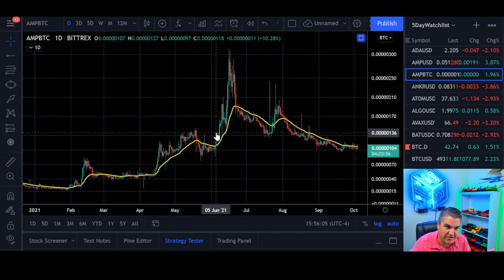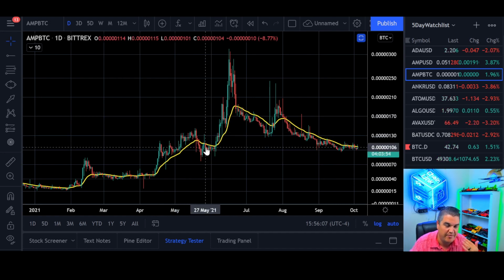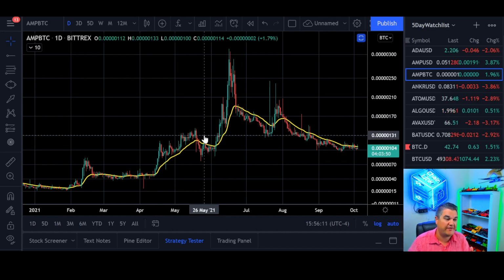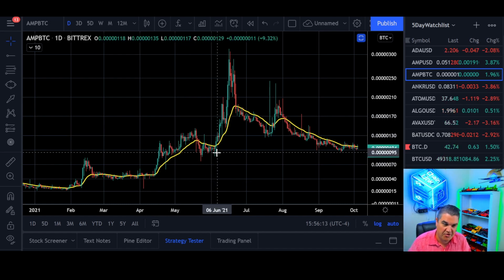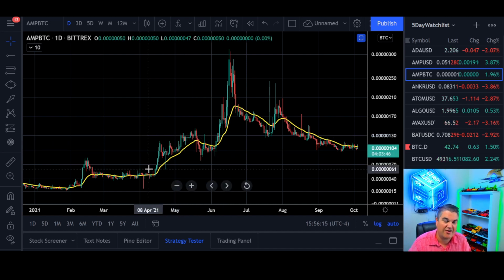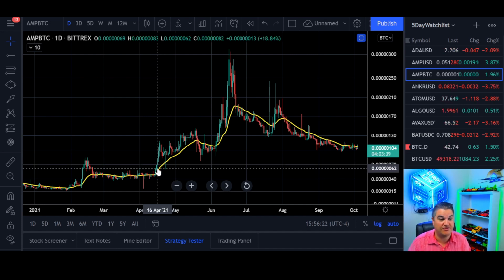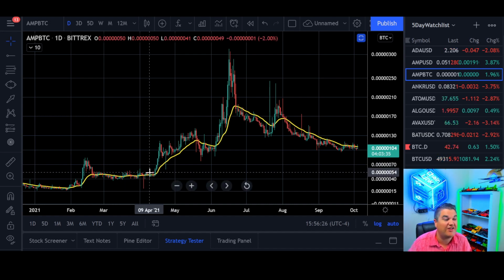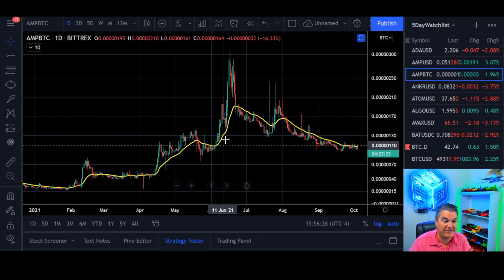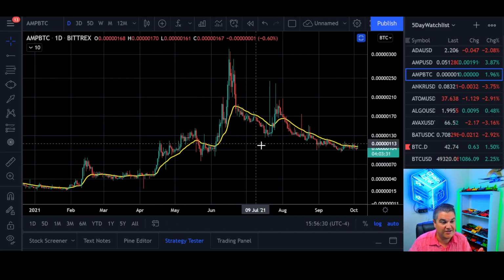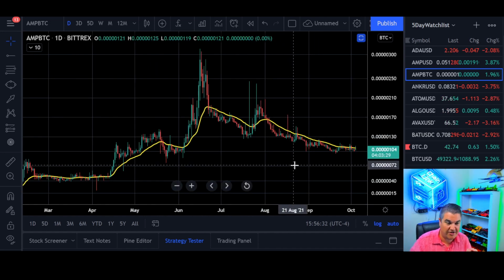And AMP is still young. This is why it looks like this. If you pull out in a bigger time frame or go look at Bitcoin in the early stages of Bitcoin and Ethereum, they all look like this too. But as time progresses, you'll find that the trends are giveaways that you're getting ready to start bigger moves. For bigger coins that have a lot of history, you'll see that this holds very well. With younger coins, it tends to be kind of hit or miss. So it's tougher to judge on younger coins.